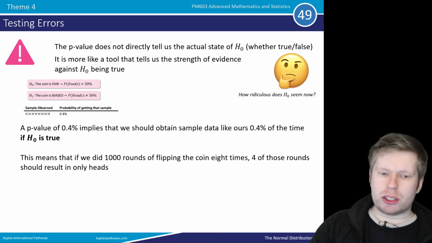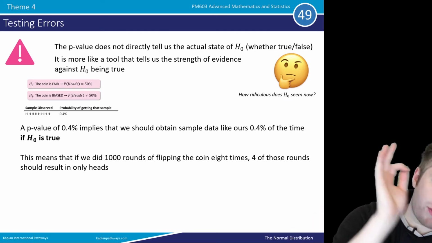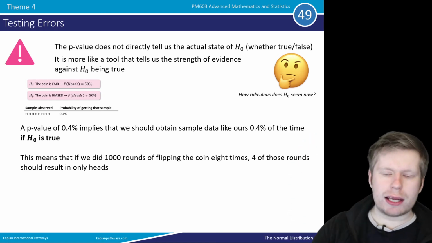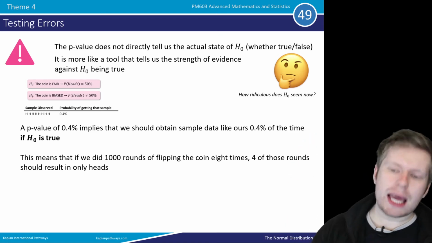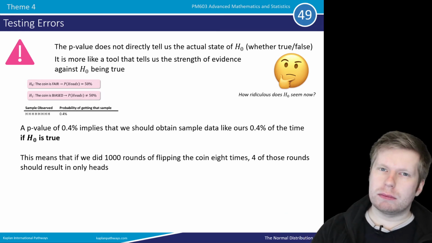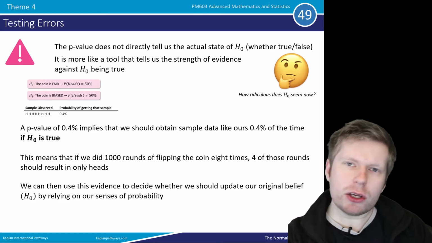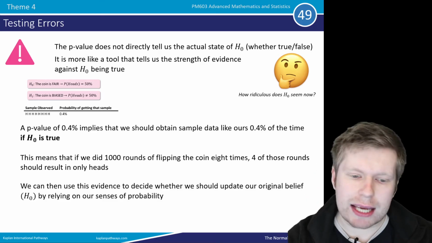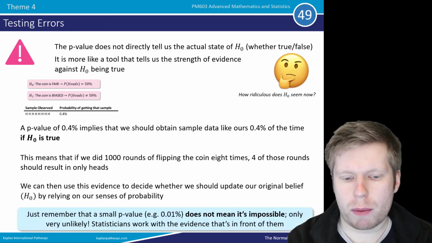If I flipped my coin, so if I did 1,000 rounds of flipping the coin 8 times, I obtained 1,000 samples just like ours: flip the coin 8 times, do it 1,000 times. 4 of those rounds, 0.4%, should result in every single flip being a head. So then you can start to say, can I use this evidence to decide whether we should update our initial belief, our null hypothesis,